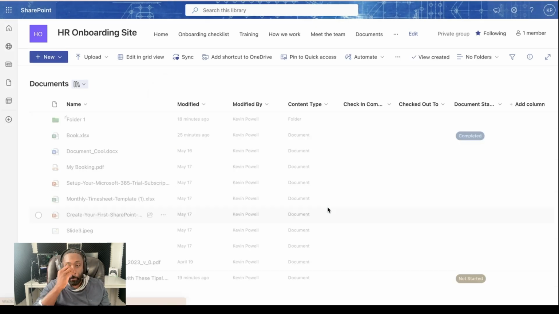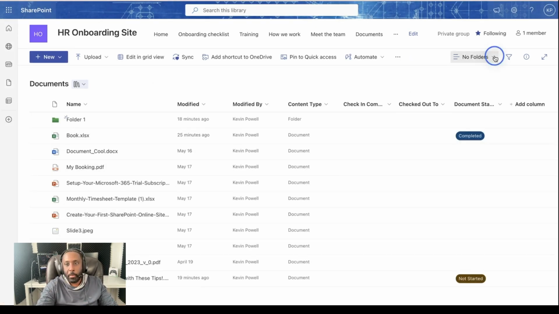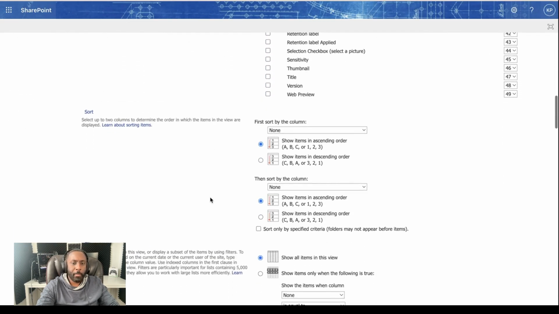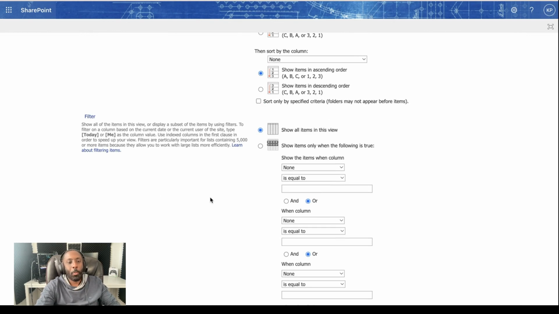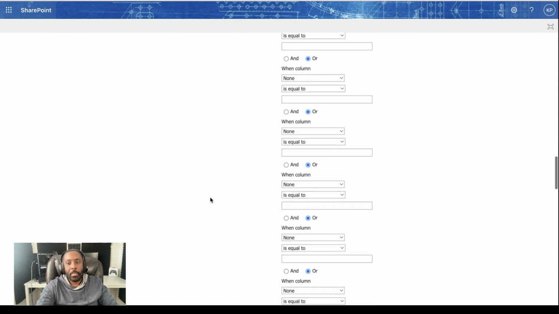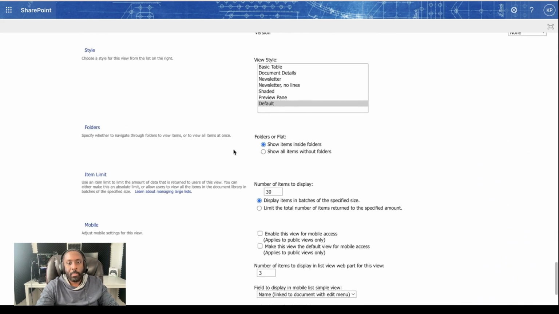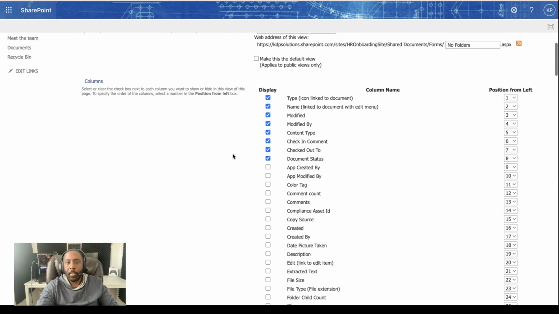And so what I'm doing now is creating a view where I am going to remove all the folders. So let's say, for example, there's tons of folders and I don't know where some documents are. So now I can create a no folders view. And then at the bottom here, there's a little option called folders. Specify whether to navigate to folders to view items or to view all items at once. That's currently set to show items inside folders. So that's fine. What we're going to do is remove all the folders. So we do that, and now if we click OK,